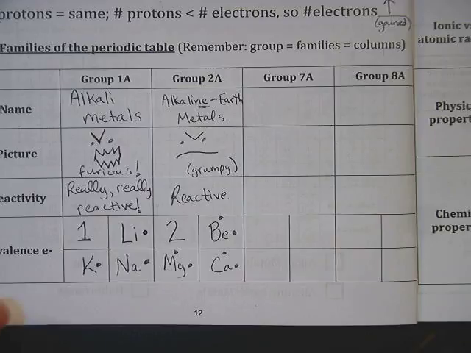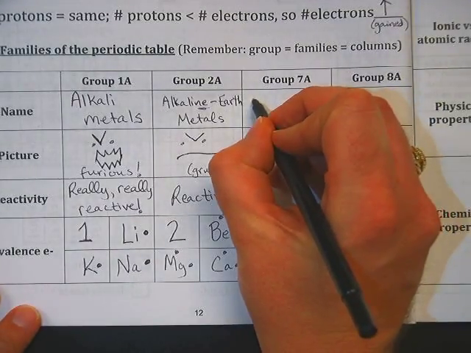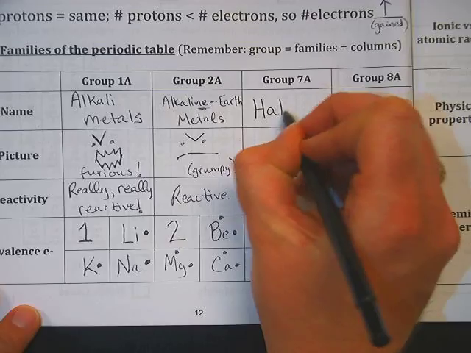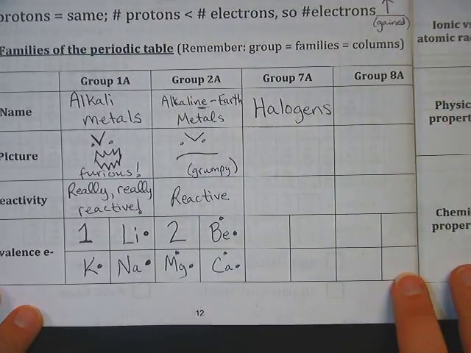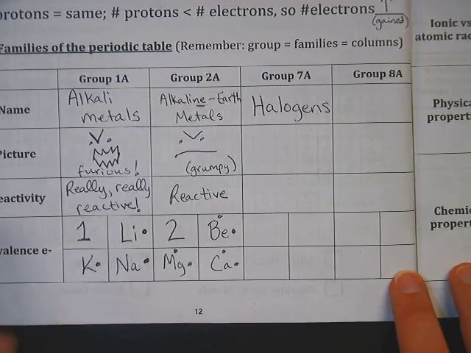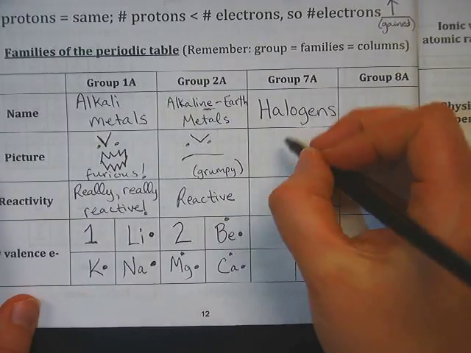Okay, group 7A, we just learned a name for these guys as well, in the coloring page. Yes, you actually pronounce it halogens. Halogens, exactly like a halogen light bulb. These elements are the ones in halogen light bulbs. Okay? Halogens are also